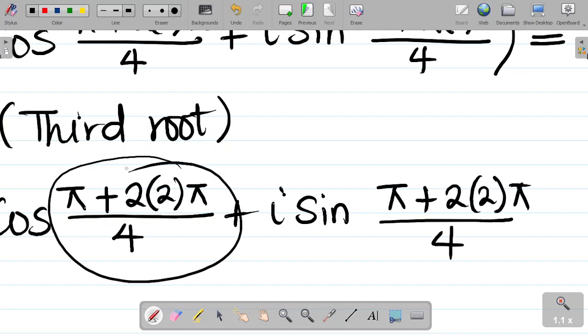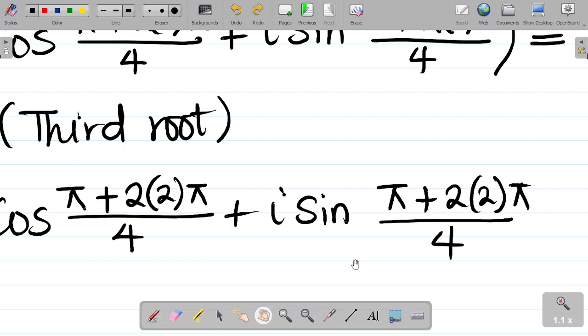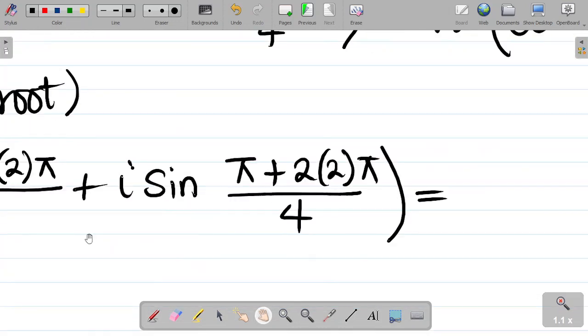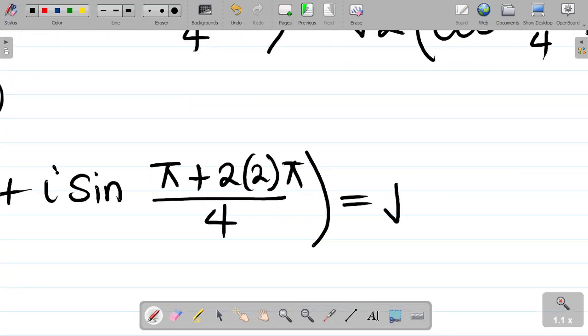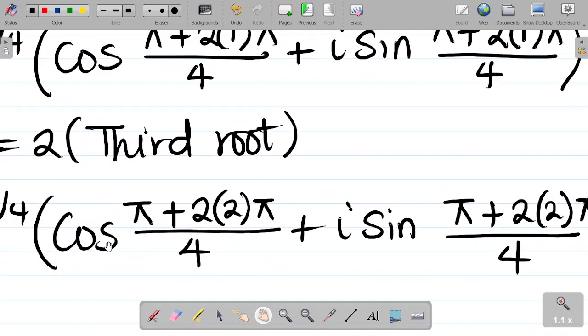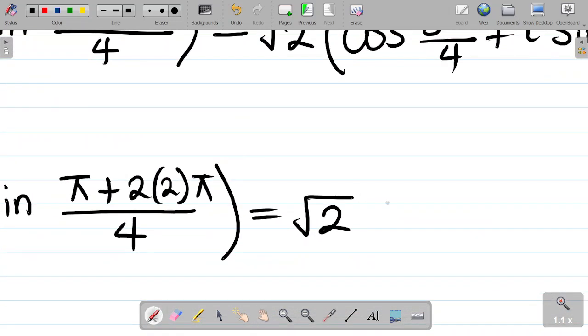So just repeat this, don't stress. Just repeat it. All right, close the bracket, and that's equal to, we said if you punch 4 to the power 1 over 4, that gives you root 2. So I have root 2 into, let's solve this. Open a bracket, type right in your cos. That's cosine of